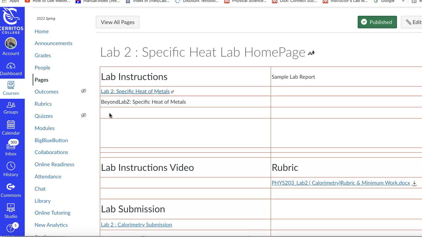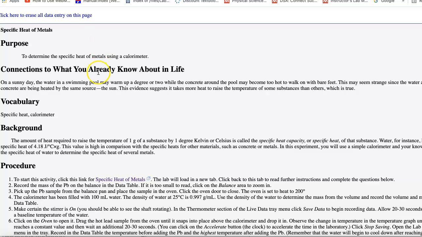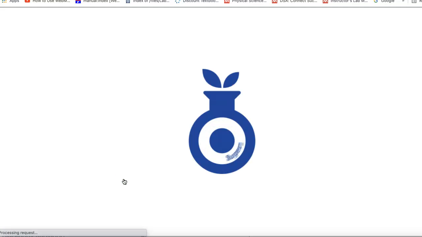The second metal is going to be assigned to you here, and you're going to search for that in the table. Let's go back to the instructions,